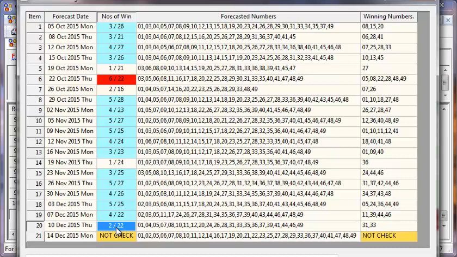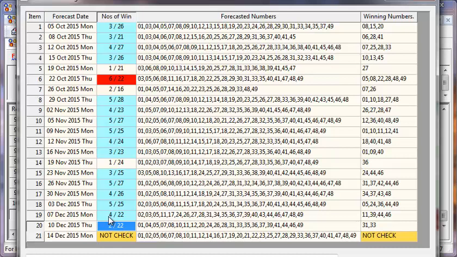Alright, the very first one I'll share with you is reverse scan. Reverse scan, alright, on the 7th of December, we have forecasted 22 numbers, only 2 appear. So now you know why we need more. Alright, if you just reverse scan alone, then we are in trouble.